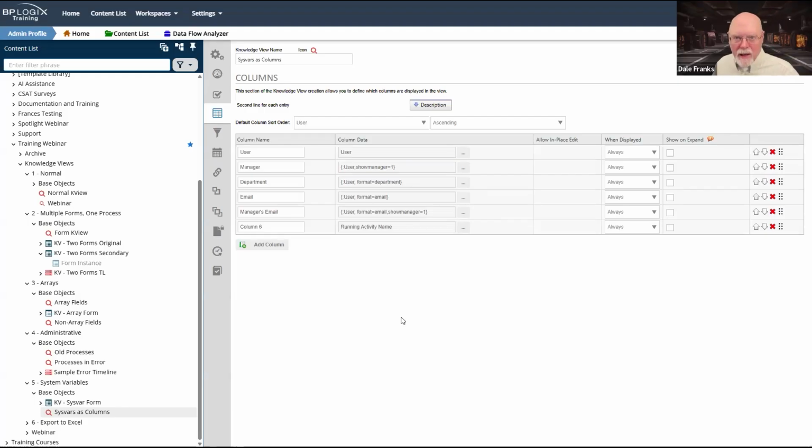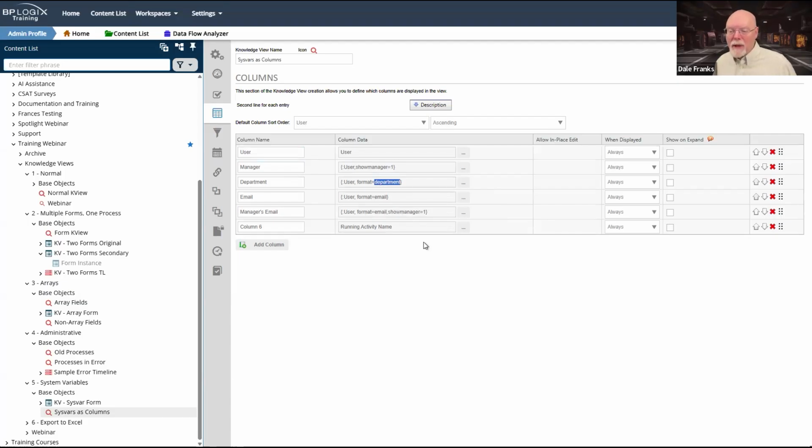I'm pulling this data from the system as system variables, and this is all using formatters, right? So for the user system variable, assuming that I have a manager set up in my user account, I can pull the manager back with the modifier show manager equals 1. So this is how I know who the user's manager is.